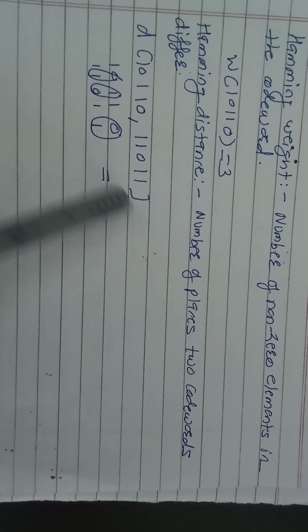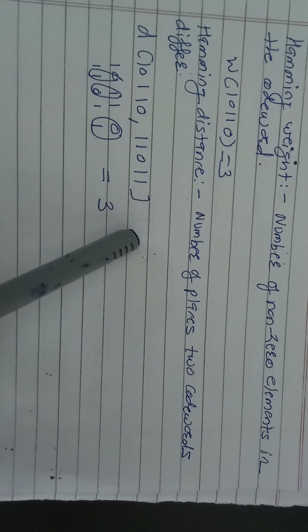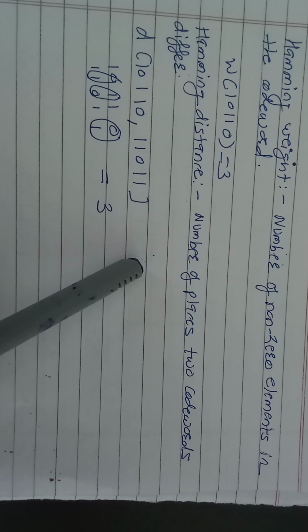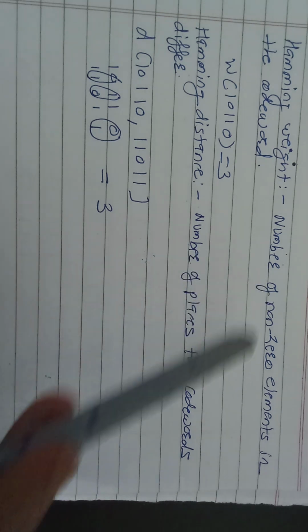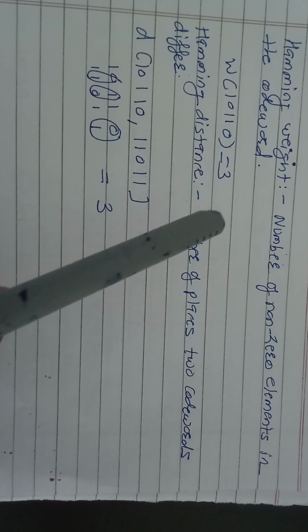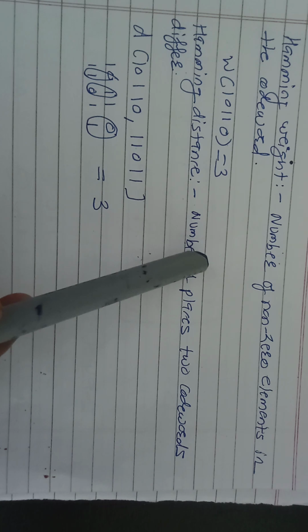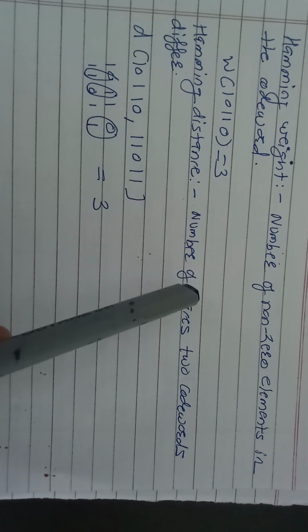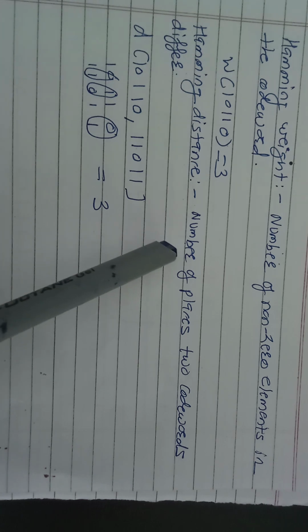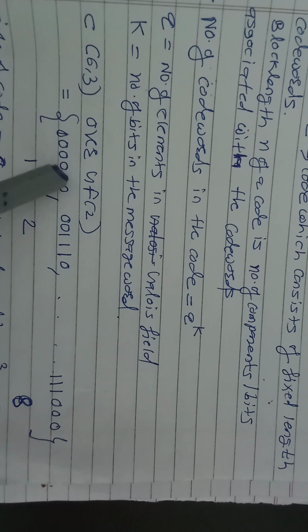In linear block code, if you compute the Hamming distance between code words, the minimum Hamming distance between two code words will be equal to the minimum Hamming weight of the code word. What is minimum Hamming weight? That is of a non-zero code word. If you take code word 0 and say its Hamming weight is 0, so it is minimum,